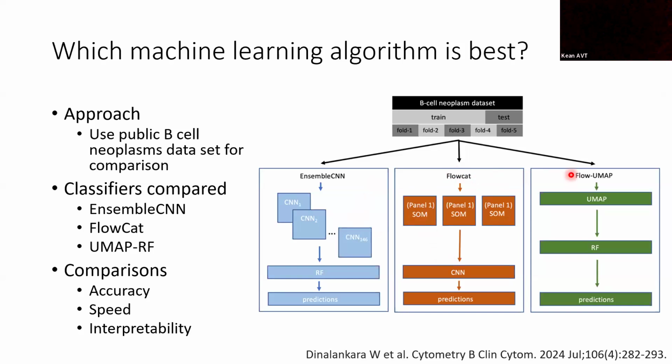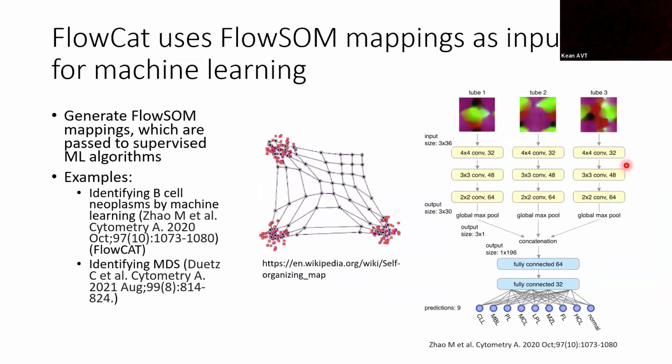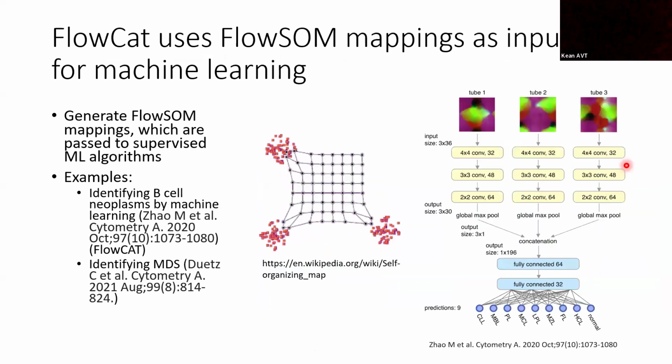FlowCat is basically an algorithm developed by Wolfgang Kern's group at the MLL in Germany. And then the last is basically plotting a UMAP, taking the UMAP as input to a machine learning classifier and making a prediction. So the FlowUmap did not compare very well, so I won't mention that. But the other 2 I'll mention. So the FlowCat, how does it work? So basically,